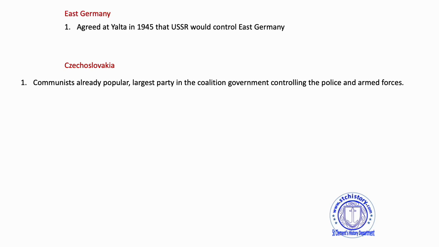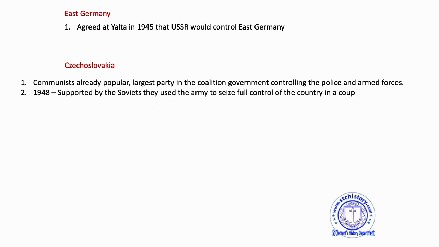So more importantly is our last country and the plug, if you like, into the buffer zone. This is the thing that plugs the gap, the hole that's left. Communism's already popular in Czechoslovakia. The biggest party in this coalition government is communist, and they control everything, the police, the armed forces. So it's no real sort of shock that Czechoslovakia becomes a satellite state. The shock probably is how it took so long, I guess. Now, we know, don't we, if you're watching this as a revision video, that Czechoslovakia will also have a little bit of a rebellion in a few years in 1968, but as it is, it's a very loyal country, very much communist, and remains that right up until the end.